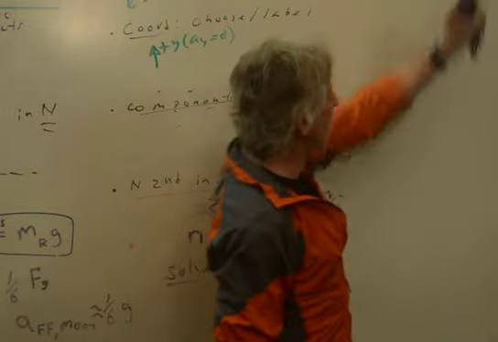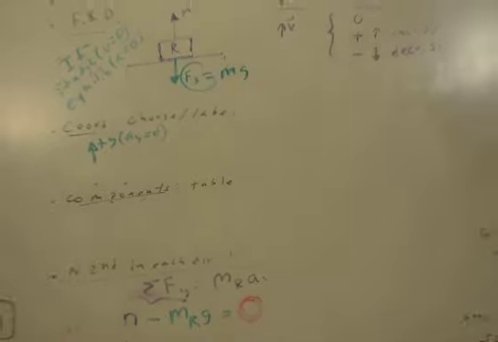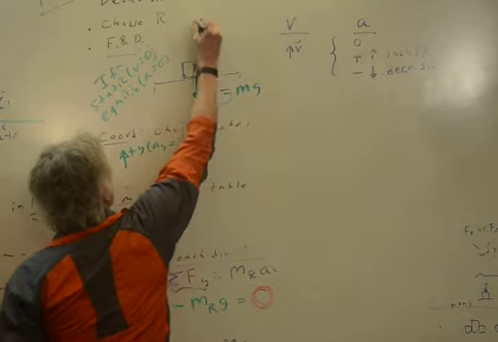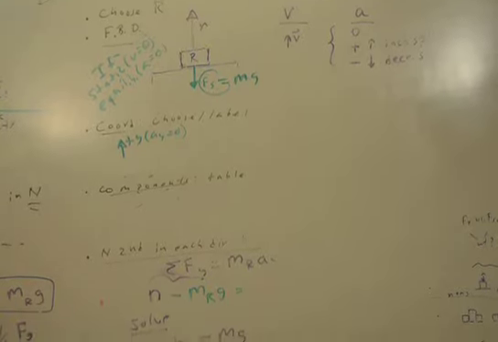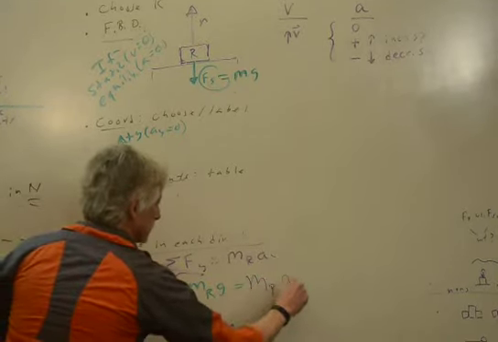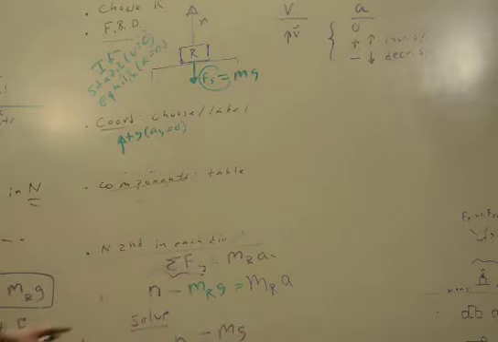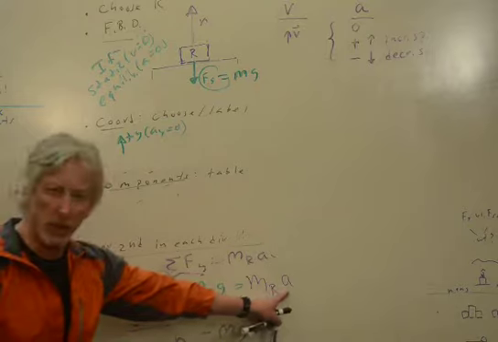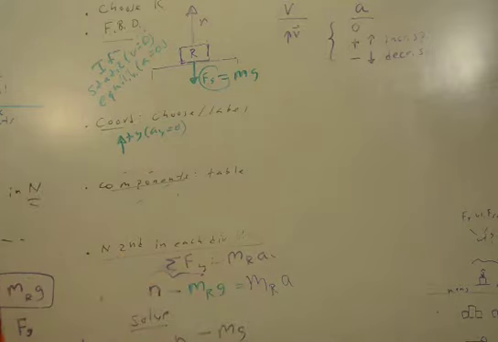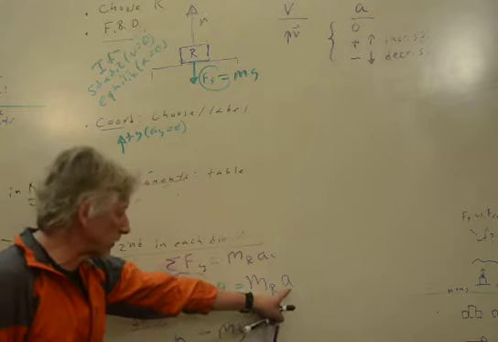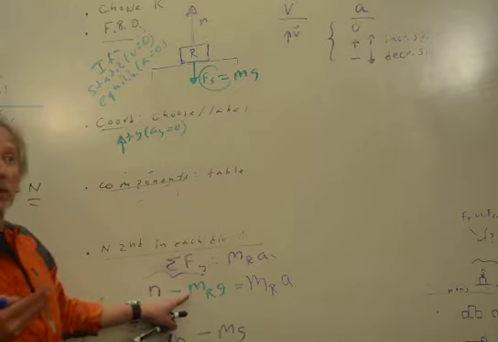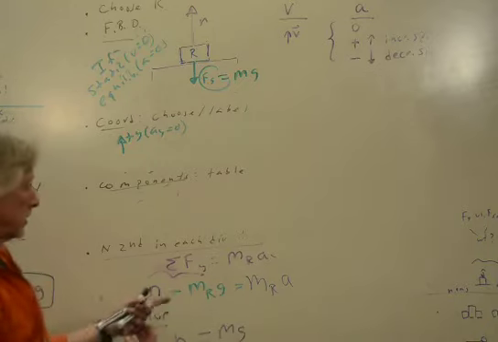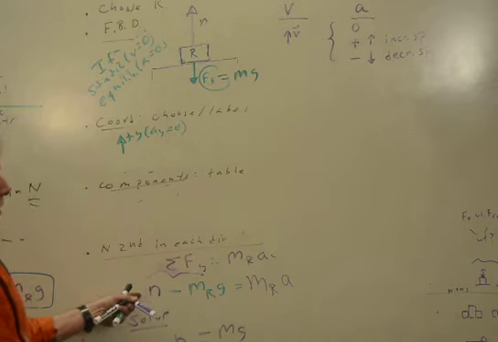Now, if you accelerate up, the only way that's going to happen is if the force up is greater. In that case, you've got an ma over here. The force N is greater, so the acceleration is up. What if the acceleration is down? If this is negative, then N is less. As the elevator slows down, you feel like you're floating. You feel less of the ground. So in this case,